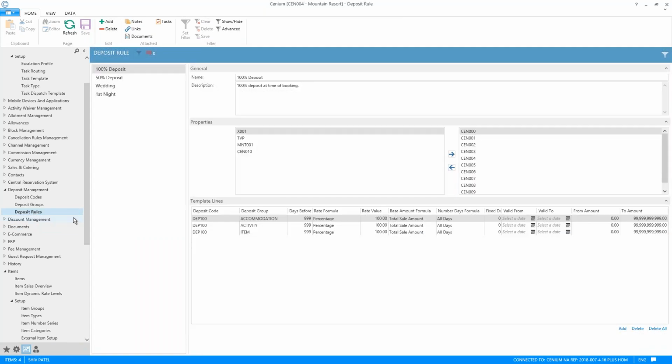Now let's look at deposit rules. We'll get right into it. All right, let's look at 100% deposit, and let's see what that means. What that's basically telling us is 100% deposit at the time of booking. So that is our end goal. We want to take 100% of whatever the cost is of the accommodation. For example, let's look at line number 1. We want to take,